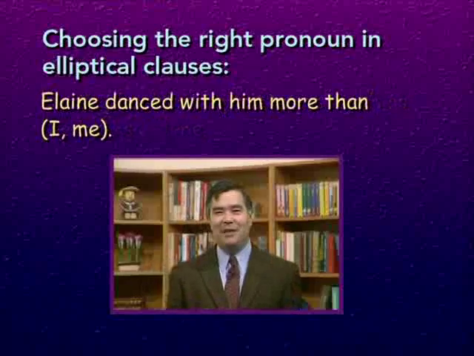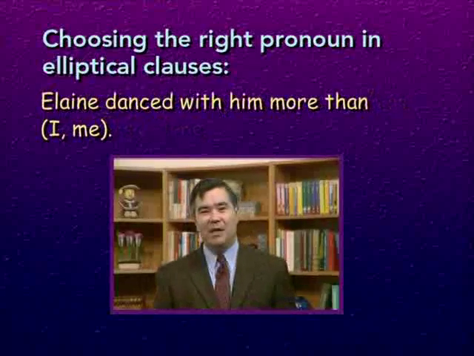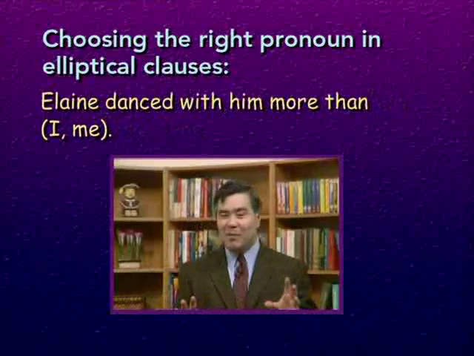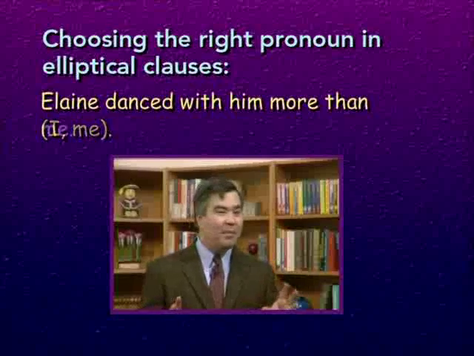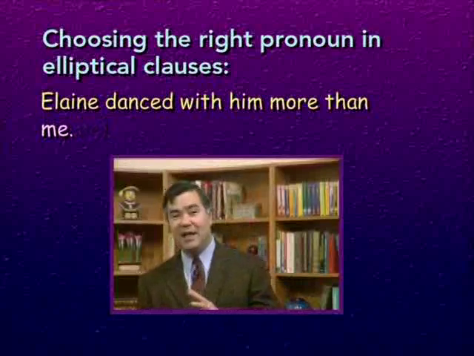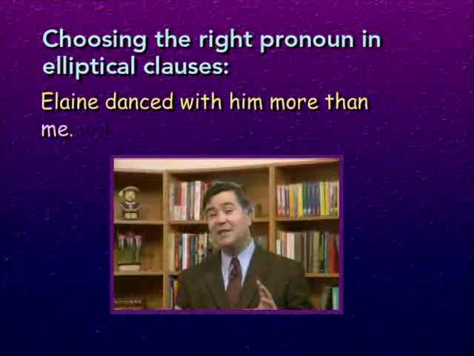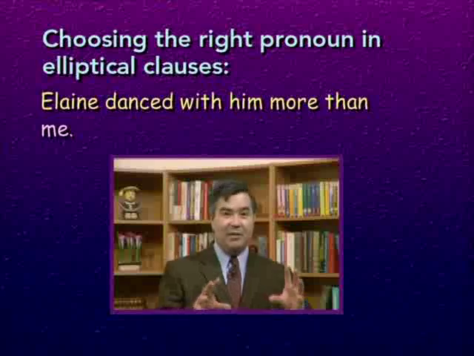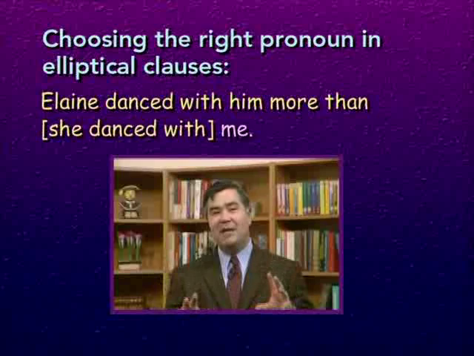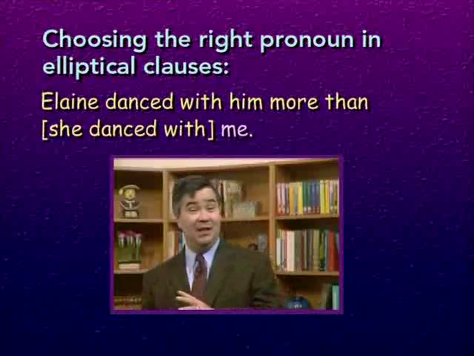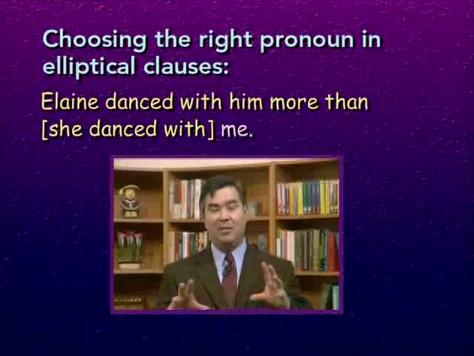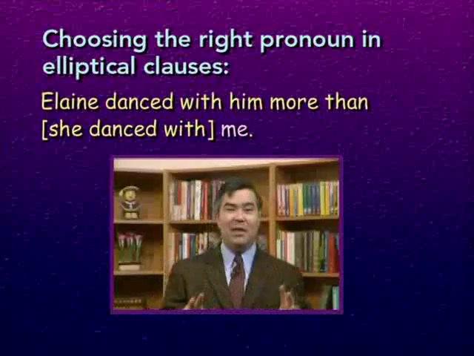One more example. Elaine danced with him more than I or me. Here, the sentence is somewhat ambiguous. Probably me is the correct choice if we assume, for example, that a man is speaking and that men and women tend to dance together. Because under that interpretation, the sentence would mean, Elaine danced with him more than she danced with me. And since me, the object form of the pronoun, would be correct,